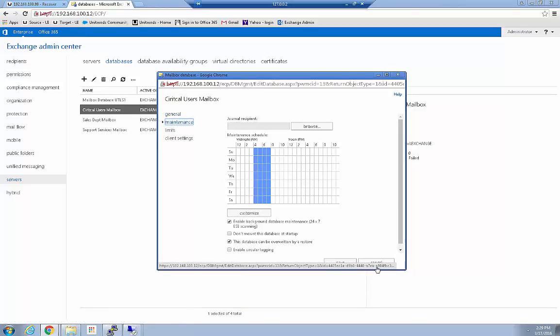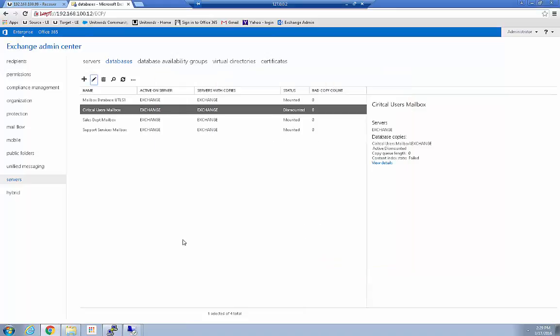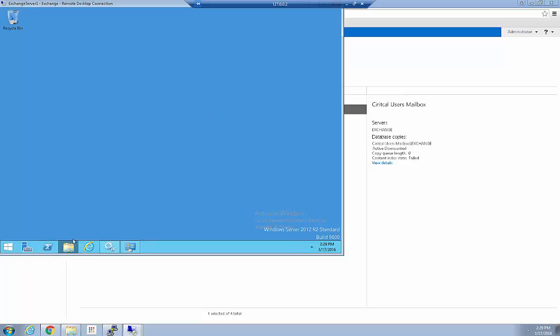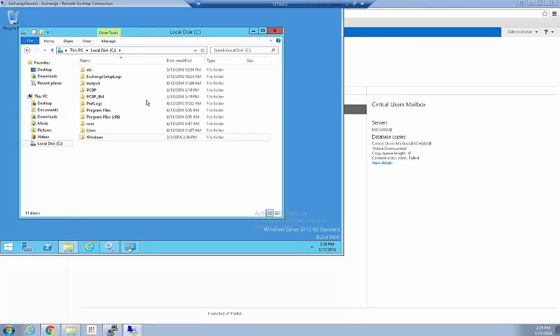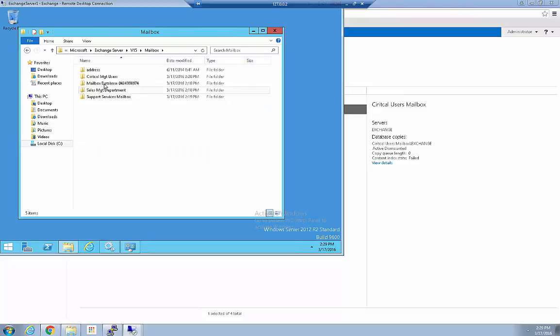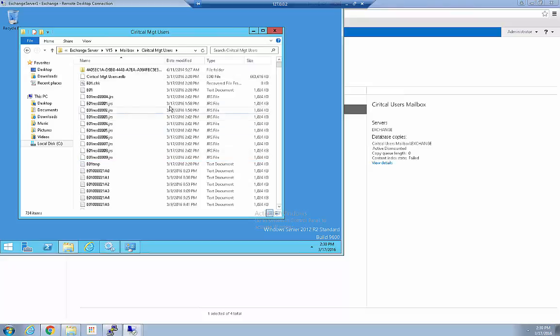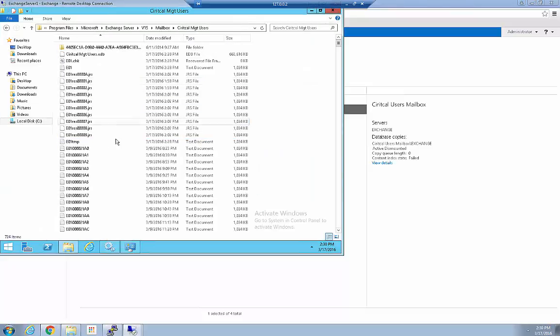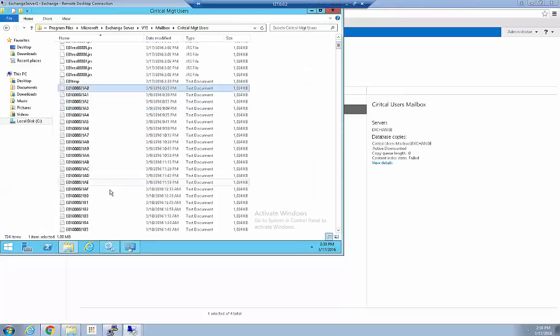Now that I've dismounted this database and made that change, I should be able to go to the Exchange server now. I'll go out to the directory structure of where my databases are housed under the Microsoft V15 mailboxes. Here are my directories. There's my critical users. All right, if I go from the first transaction log and scroll all the way to the bottom of this